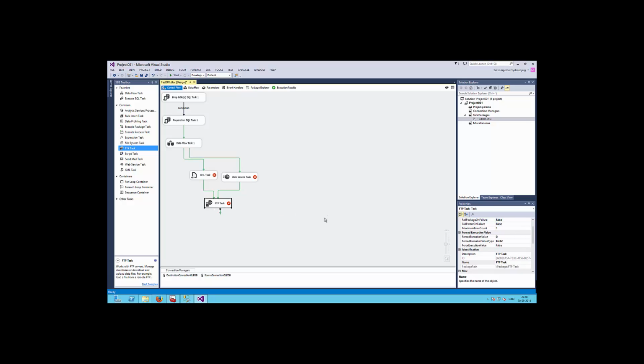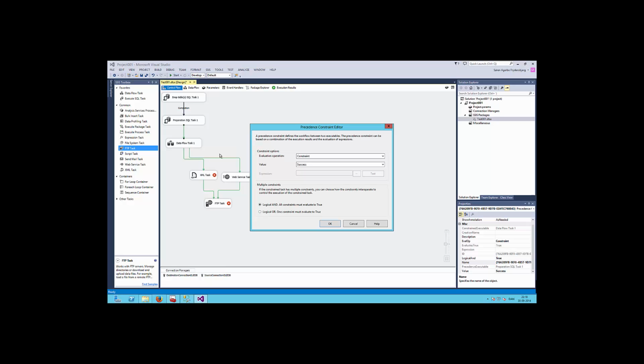And when I say perhaps, that is because one important thing is how the arrow works here. I will tell you about that in a later module, but very shortly, I can double click an arrow, and then I can see that this one must evaluate as a constraint, and the value must be a success.